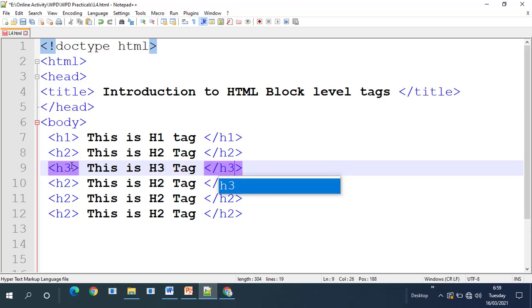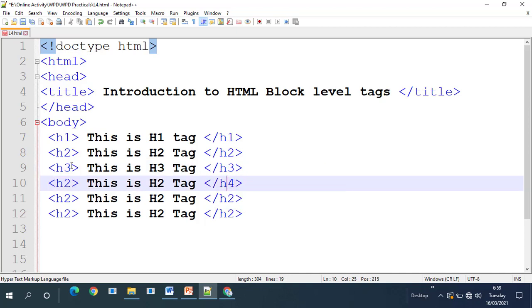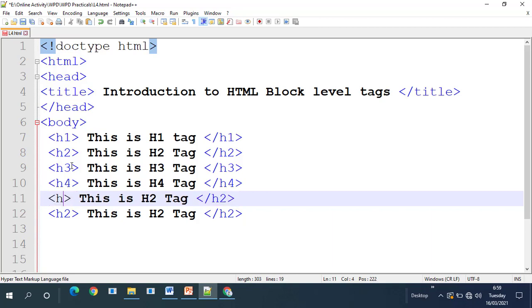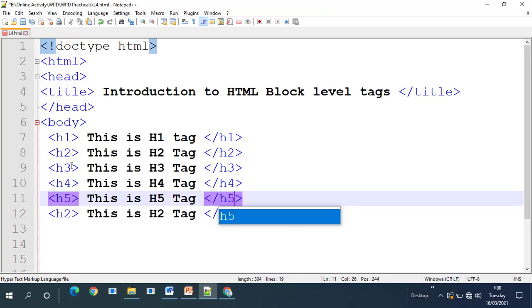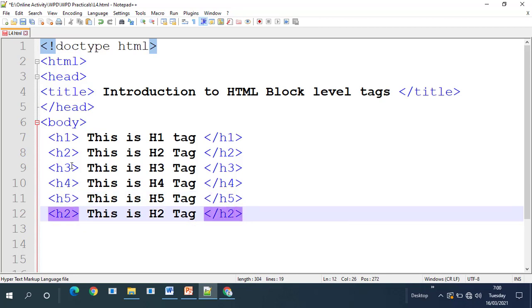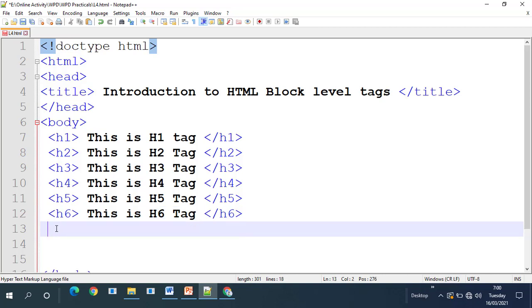Content and heading name. Okay, this is how I have created the code for H1 to H6 tag.